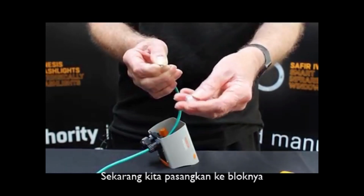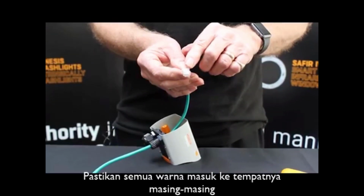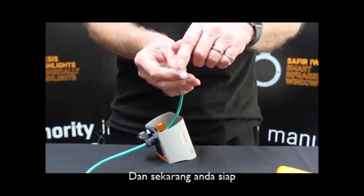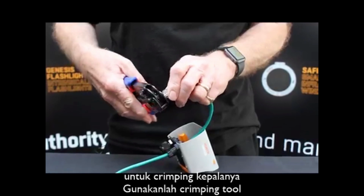So now we put them actually into the plug. Check that all the colours have gone into the correct sequence, into the correct pins, and then you're ready to actually crimp it. So we then just simply put it in the crimping tool,